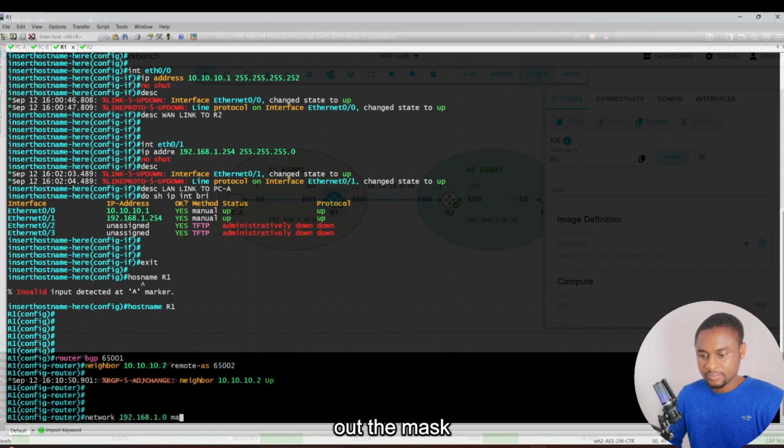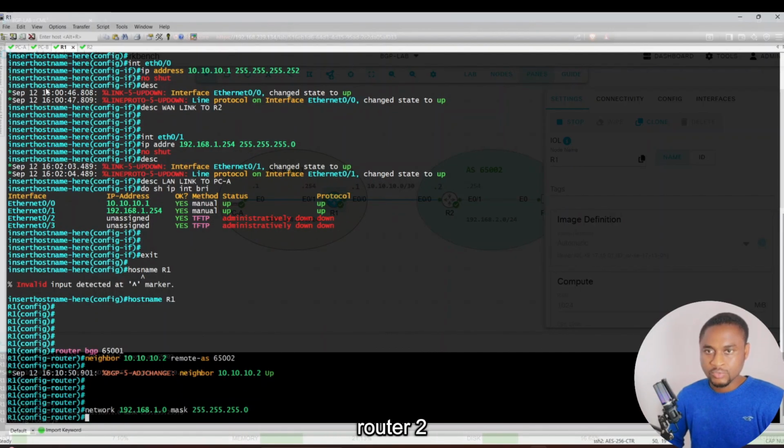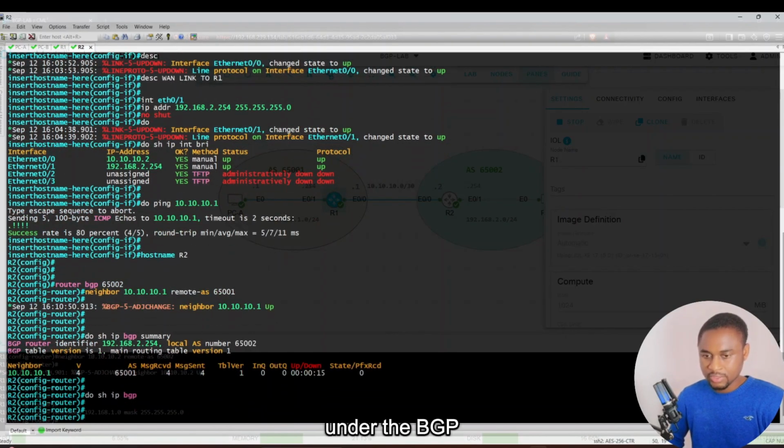Then we'll call out the mask 255.255.255.0. We'll do the same thing on router 2. Under the BGP process, we'll have the command network and the subnet of router 2's LAN, which is 192.168.2.0,